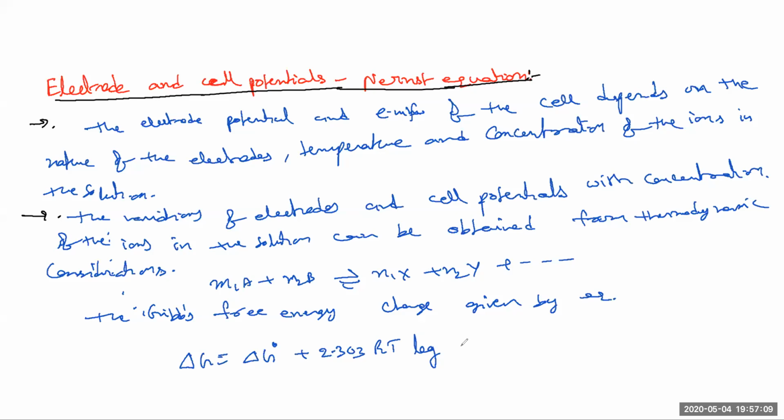So product of molar concentration of X power N1, molar concentration of A power M1, molar concentration of B power M2. Take this equation. From that we can derive